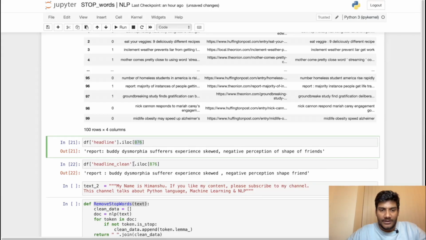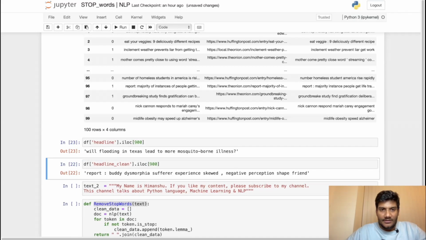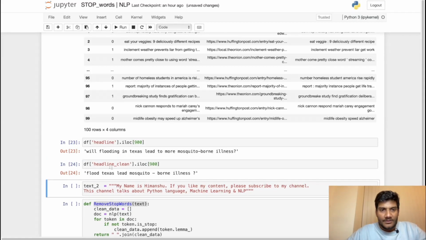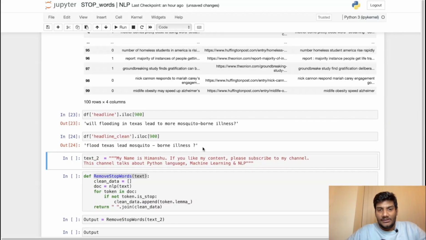Let me pick up one more example. So let me pick up 900. See what has changed. So "will flooding in Texas lead to more mosquito borne and less?" And here the "will" is removed, then "flood Texas lead mosquito borne and less". From these examples we can pretty much understand how this works, how we are creating a function and then removing the stop